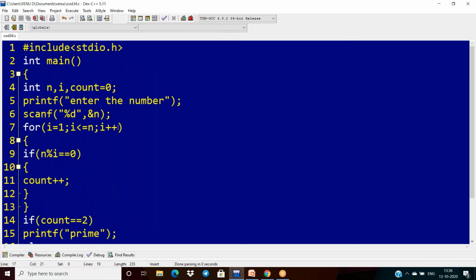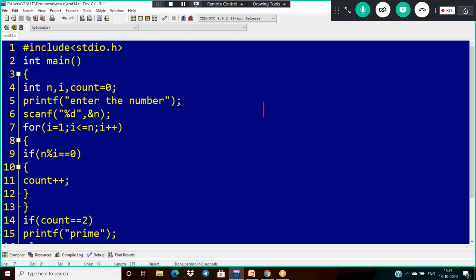So what is my other approach? My intention is this: we already know a prime has two factors, one is 1 and the other is itself.